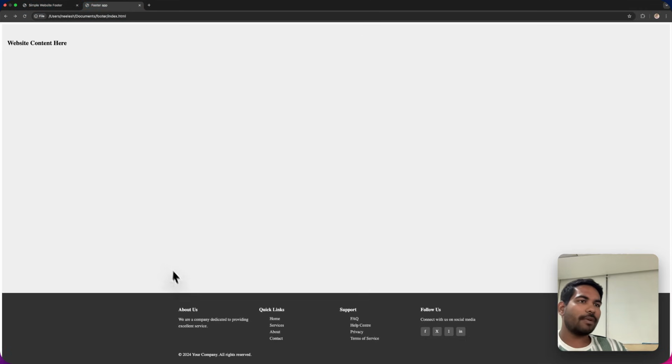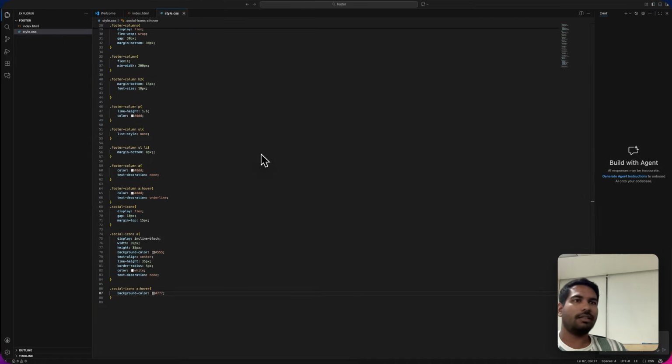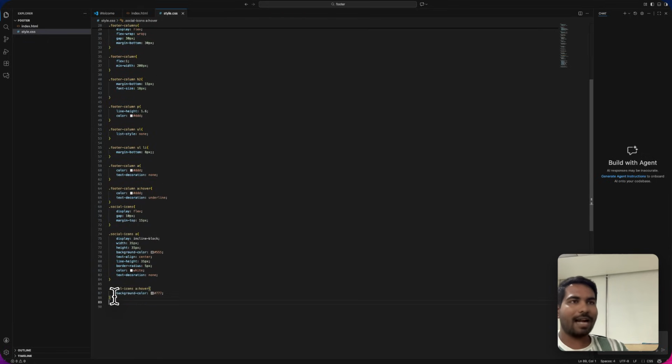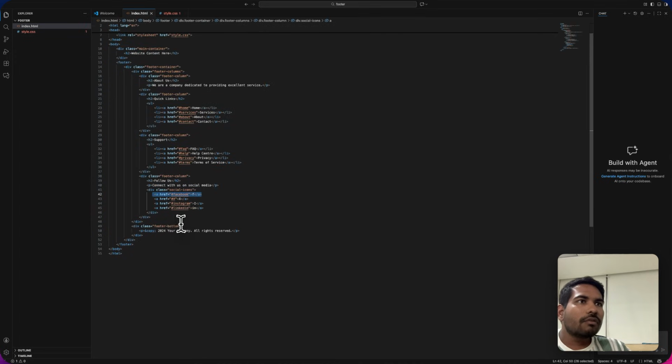Now the last part left is this copyright section, right? How can we build this copyright section? Very easy, right? Very easy. In the copyright section we have a class name footer-bottom, so we will target footer-bottom, and we will add some basic styles, right? Let's say footer dash bottom, we have footer dash bottom, right? We have footer dash bottom. Let me just copy this,